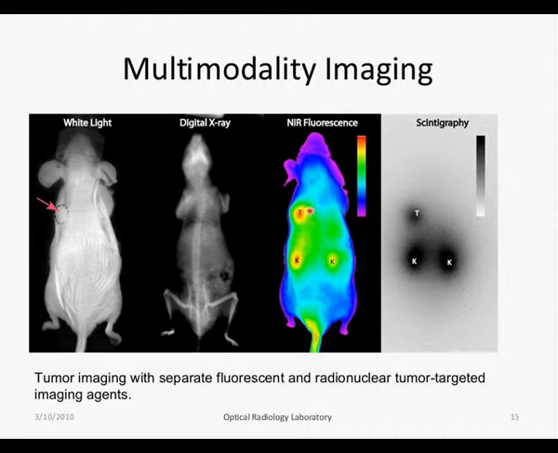That's another good example. This is a two-dimensional image. It's a planar image. So one method would be to then turn this mouse on its side and take another image, which is commonly done, of course, in clinics with the X-rays, to get the anatomic image from a different angle and then see where